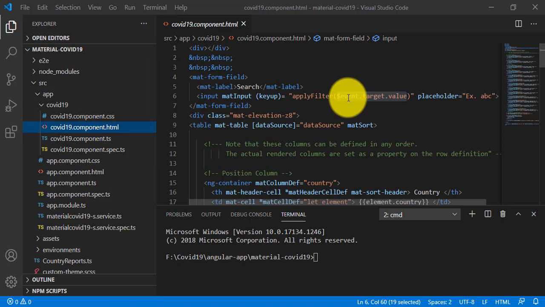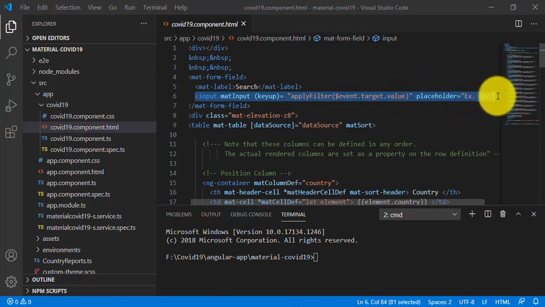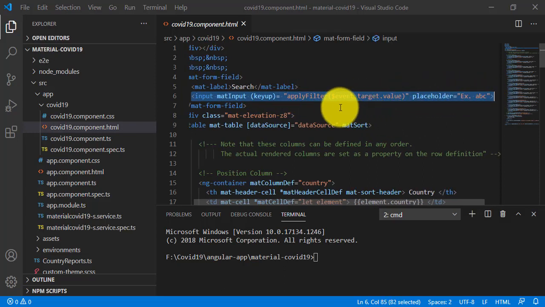So the main aim of this filter is that I have bound an event, or method, that is applyFilter, on the mat input keyup. In the mat input keyup we have bound an event, applyFilter, on the mat input keyup event, which will filter the records. The main aim of this line is to filter the records on the mat table by invoking the applyFilter method,